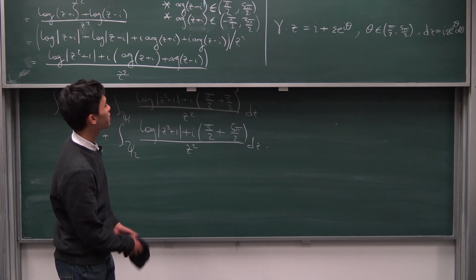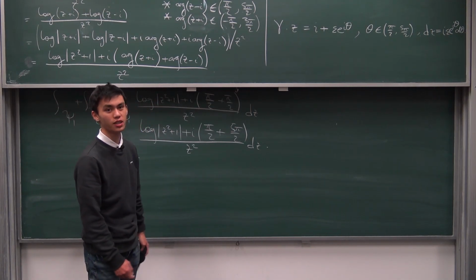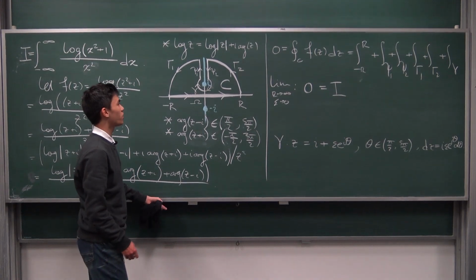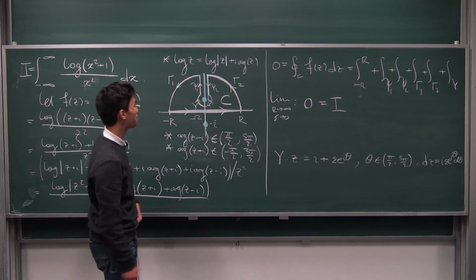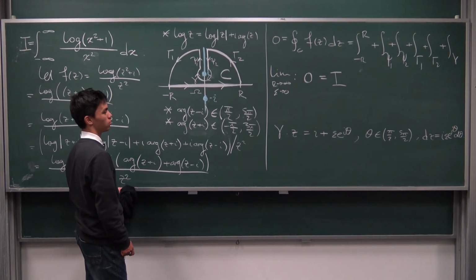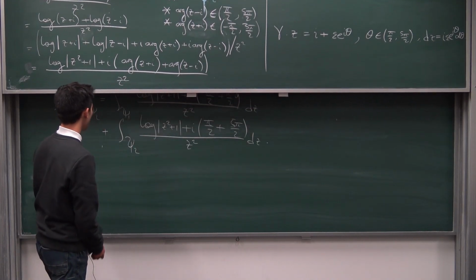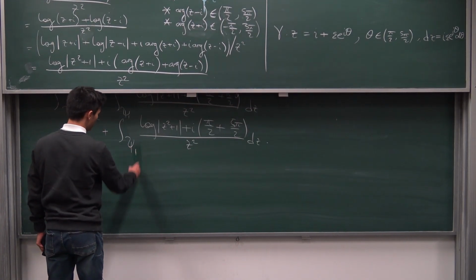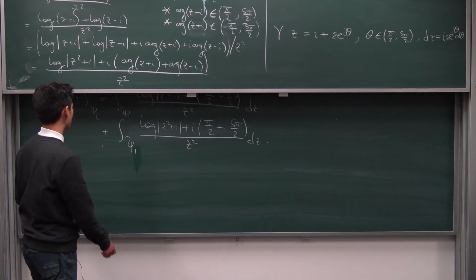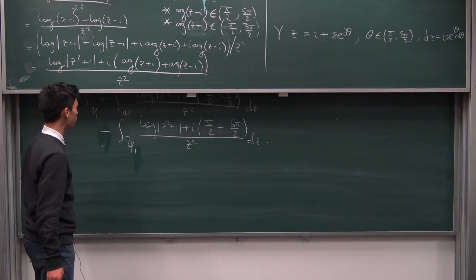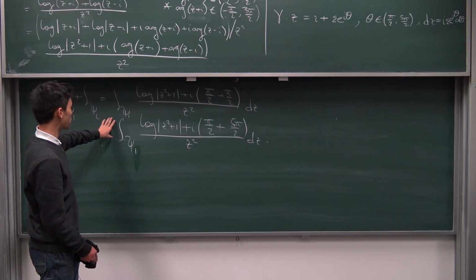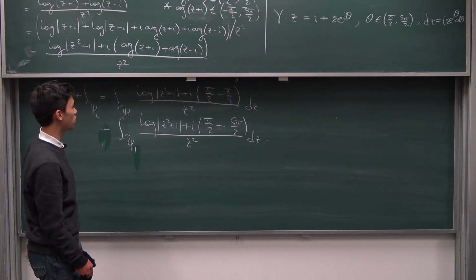So if we take the limits as psi 1 and psi 2 approach each other on that branch cut, then notice one thing: psi 1 and psi 2 are just going to be integrals that go along the same path, but they go in opposite directions. So in the limits, instead of writing psi 2 here, we can just say this is really the same thing as psi 1 in terms of the path we're integrating along. But because this is oriented in the other direction, we just need to put an extra negative over here. And this is really quite nice because we have an integral minus an integral. These are the same path we're integrating along, so we can combine these